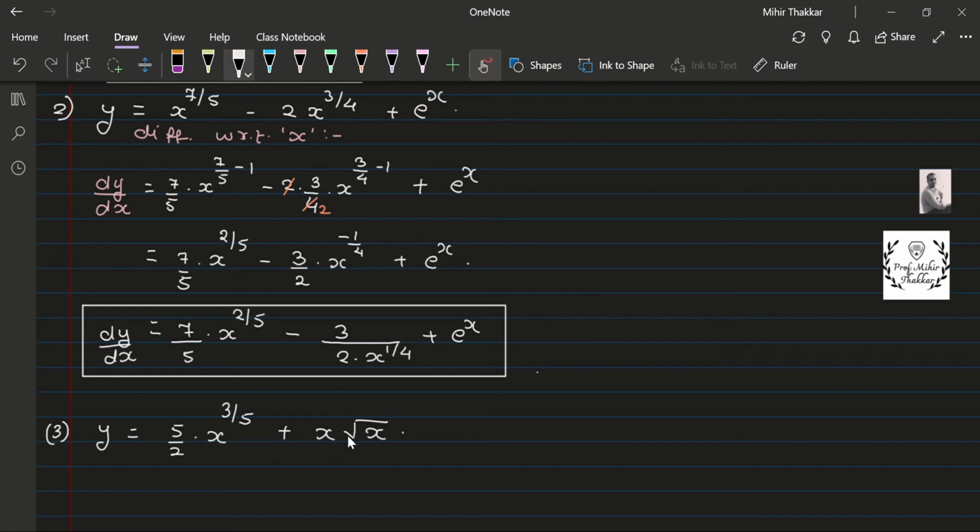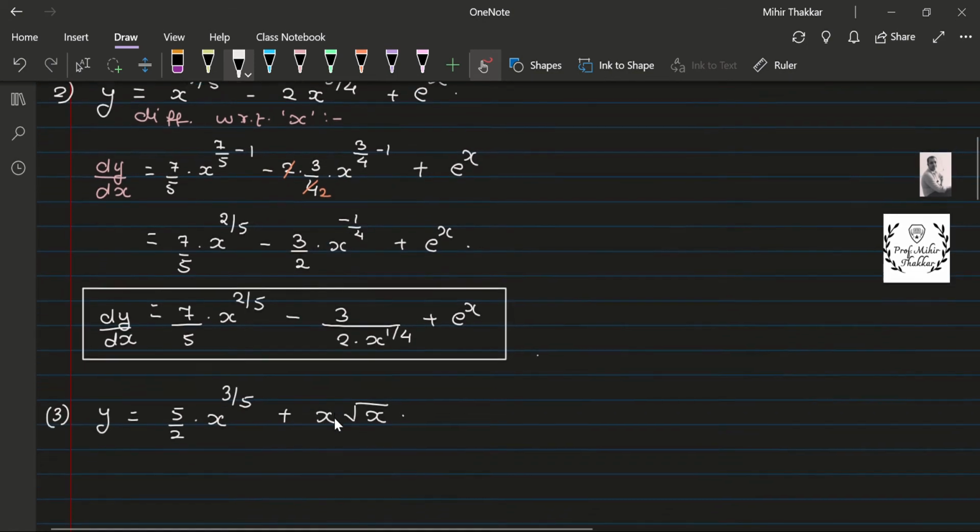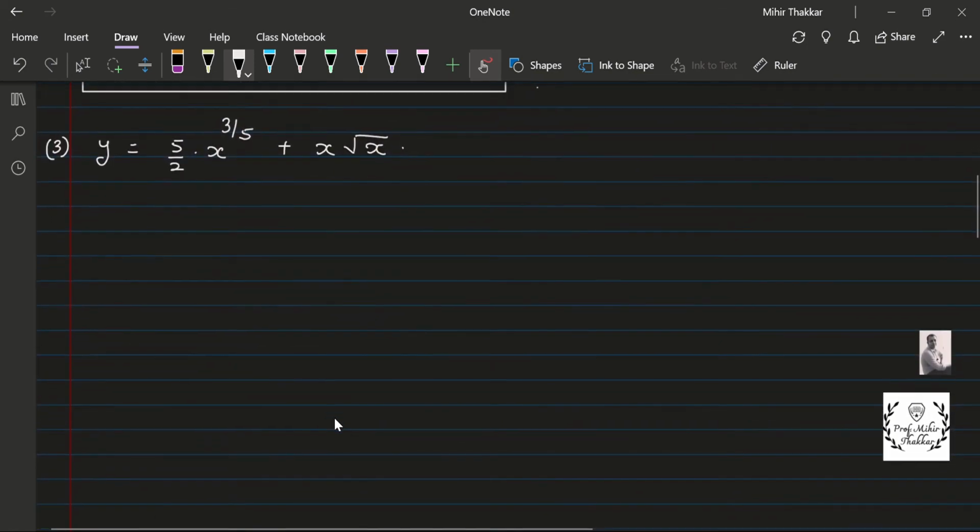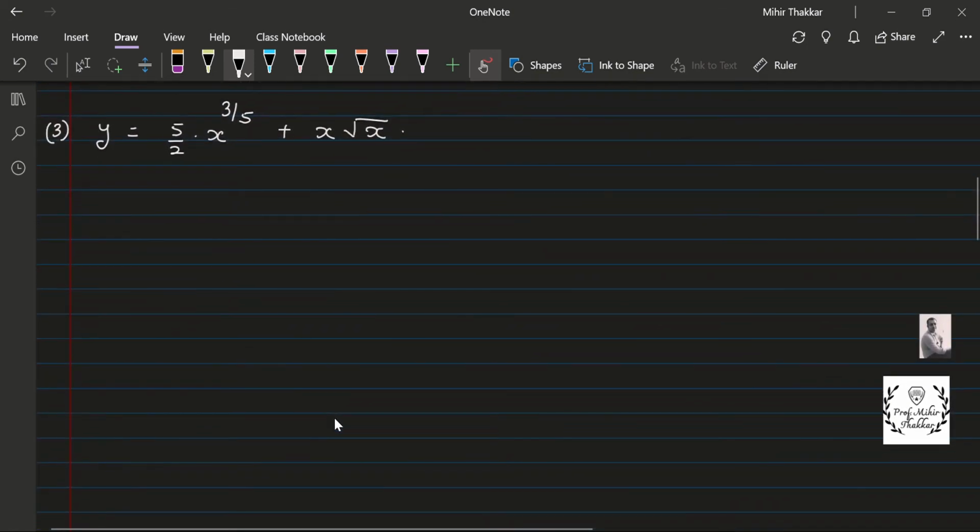What we do over here is, for the first term, it is directly in the form of a standard formula of x raised to n. But the second term, which is x root x, I have to first of all make some adjustments over here